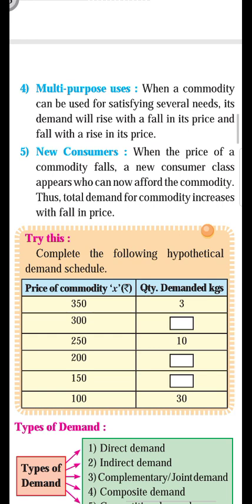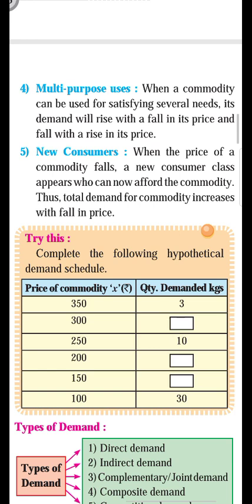When the commodity can be used to satisfy several wants of the consumer, the demand will rise at a low price, and vice versa. So electricity has multiple uses. Electricity satisfies several wants of the consumer at a time. I have given the example in the previous lecture. Electricity is useful for running fans, running a washing machine, running a tube light, running television, charging mobile. All these are examples of electricity.